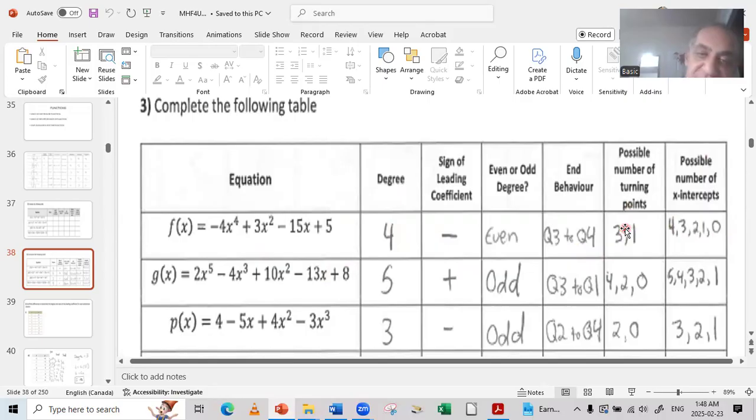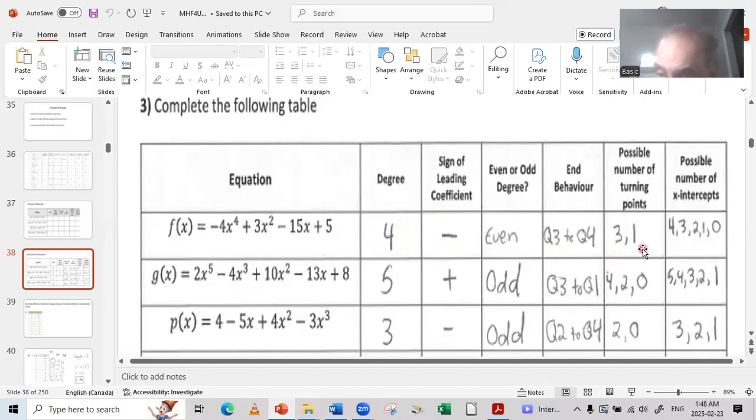How about the turning points? Turning points are one less than the degree. So 4 minus 1 will be 3. In the even degree, I have an odd number of turning points. So I will have 3 or 1. There is no 2. There is no even. Take care. So here, with the degree of 4, I will have 3 turning points or 1, but I cannot have